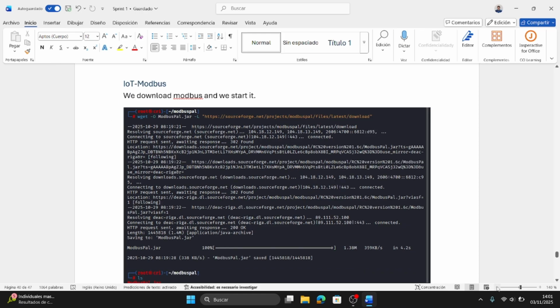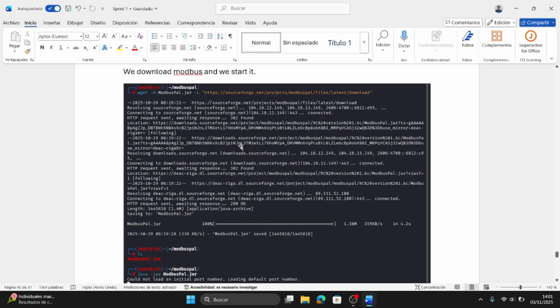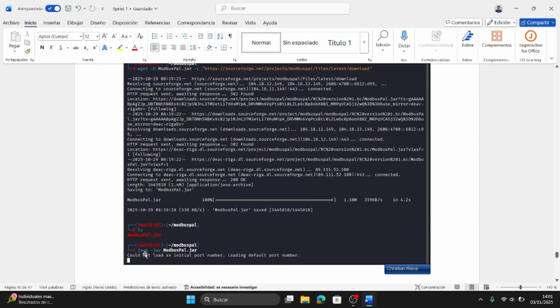Okay, now we are going to use IoT Modbus, and we have to download it from this link, and we start with Java. With ls we see that it has been downloaded from the link, and we install.